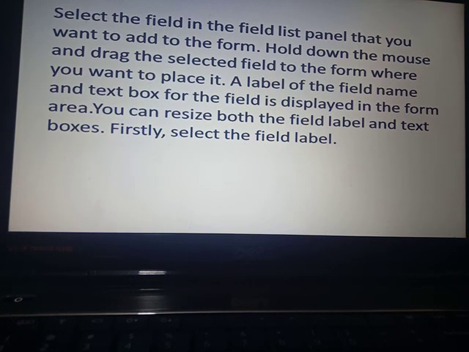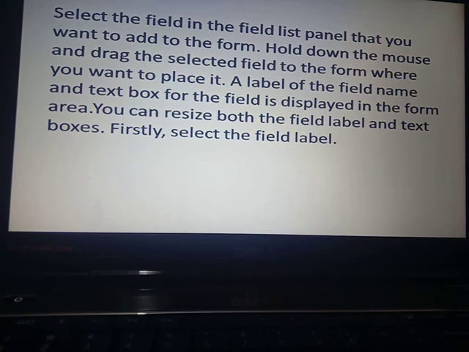Select the field in the field list pane that you want to add to the form. Hold down the mouse and drag the selected field to the form where you want to place it. Whatever you want, you can drag it to your form.